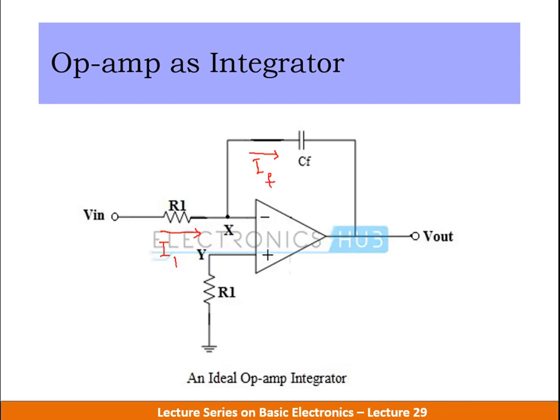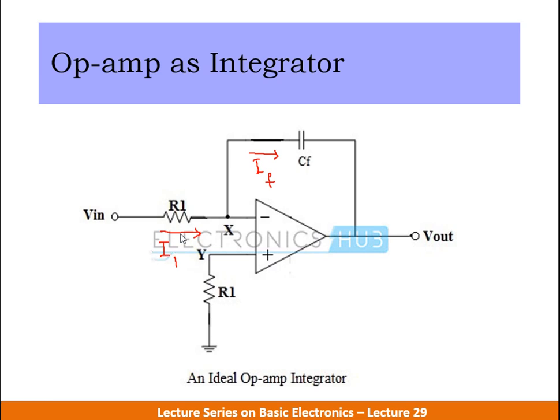So this is a circuit diagram of op-amp as an integrator. In case of op-amp as an integrator, Vin is the input signal which is applied to the inverting terminal of the op-amp via the resistance R1, and in feedback there is a capacitor called CF, which is a feedback component. So here there is a feedback connection from output to input. Instead of using a resistor as a feedback component, in case of an integrator a capacitor is used as a feedback component, whereas the non-inverting terminal of the op-amp is connected to ground.